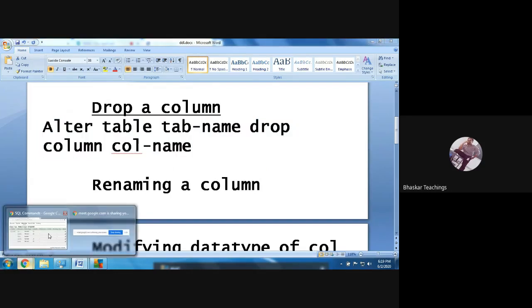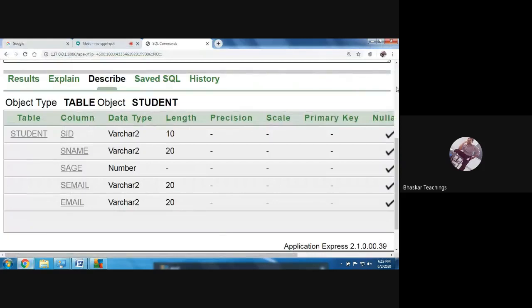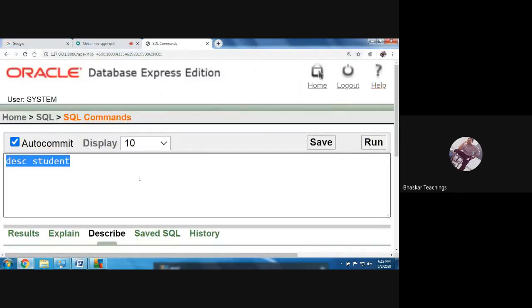So what we have decided to delete in this table? The email column. So paste it, alter table name. So replace the table name with our table name, that is student. Now drop column name. What is the column name we are going to delete? Email. Run it.